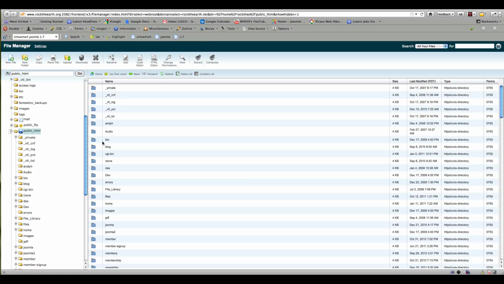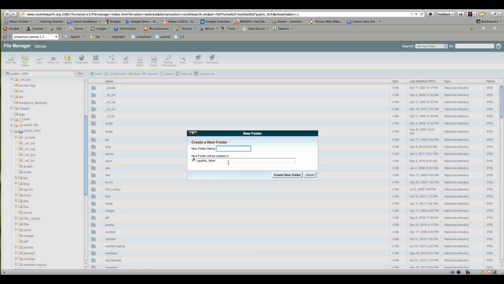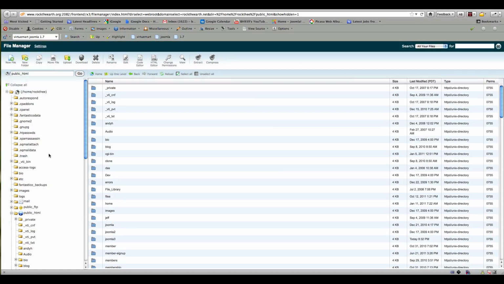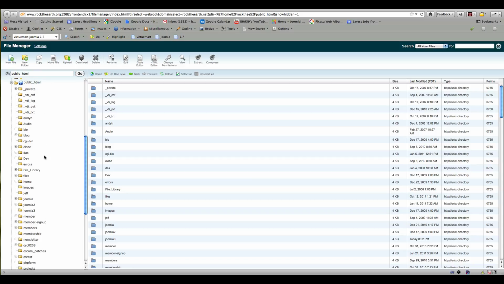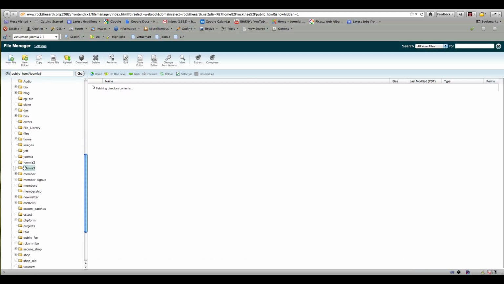So I'm here in the public HTML area, and we're going to do this in a subfolder. So first I'm going to create the folder, and we'll call it Joomla 3, just to remain consistent. Okay, and now I'm going to go into my Joomla 3 folder, and I'm going to upload the Joomla 1.71